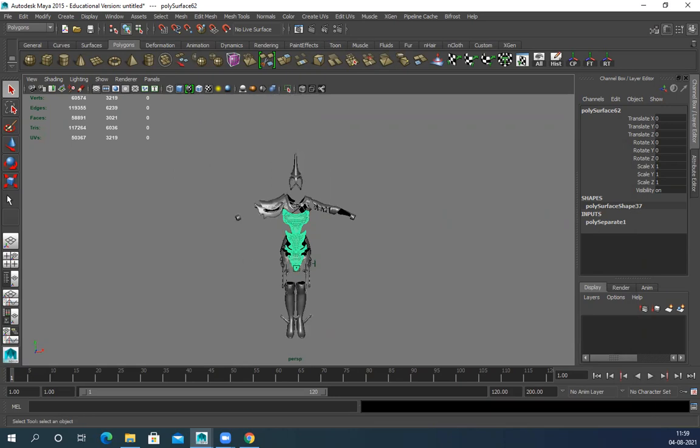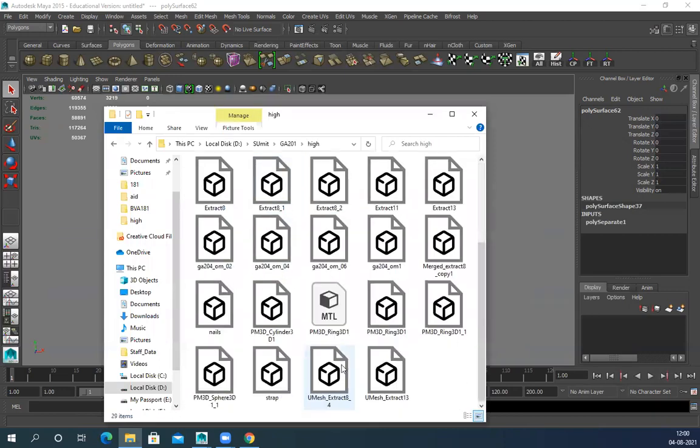Now I need to import my high poly here so that I can explode the model and start baking. I have already decimated my parts and exported everything. Open the file. I have exported everything into all parts separately, nothing together.